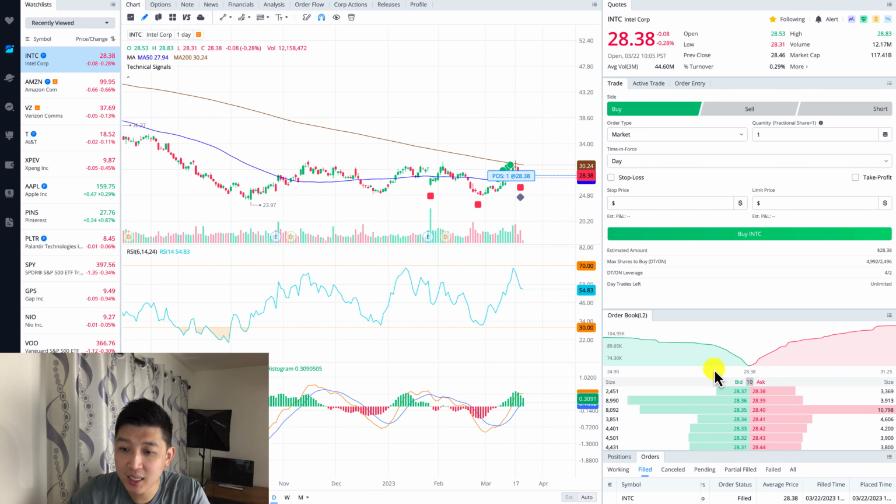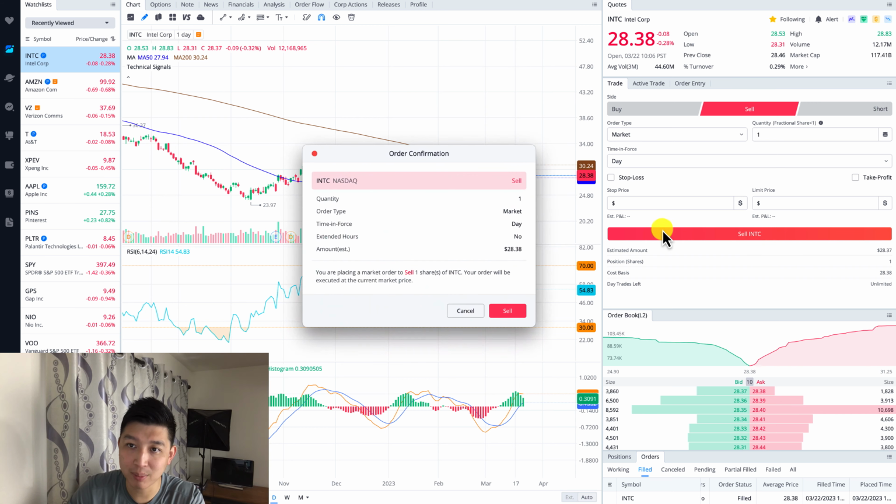And that's that. Now, if you want to sell it, you could go ahead and sell it. I have a margin account, so I could day trade. So if I do a sell, it's considered 1 day trade. For this example, I'm still keeping it on the market order type. I'm going to do a sell, and I'm going to just do 1. Everything is basic and super simple. If you hit sell, you're going to be selling. I'm probably going to get it at this price, $28.37. I'm going to hit sell,